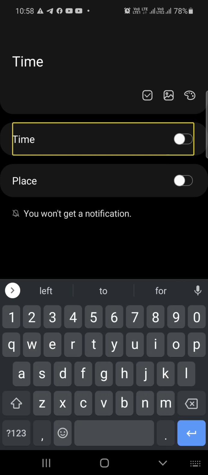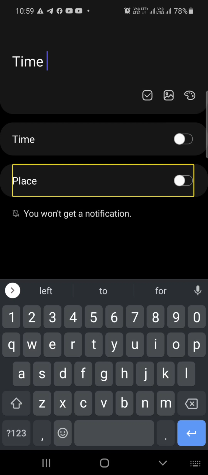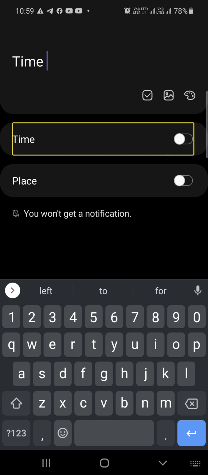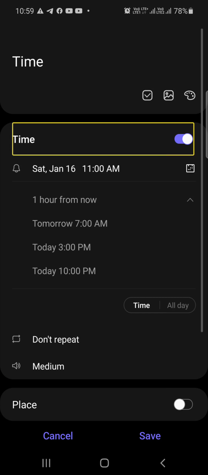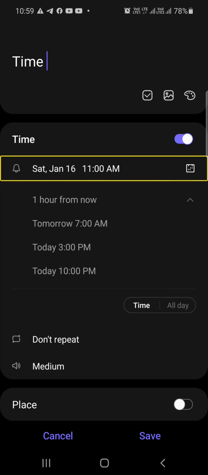Place, in the sense, for example, you are going shopping or something like that, it will show the reminder after reaching that place. That is place. Place off switch. Time off switch. I will go with the time. Double tap to toggle. On. After selecting the time, a few drop down lists appeared. I will slowly search that. I will show you what is there. Set Jan 16, 11:00 a.m. Set conditions. Double tap to activate.